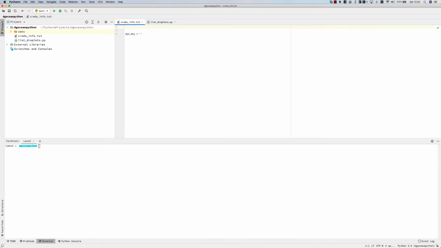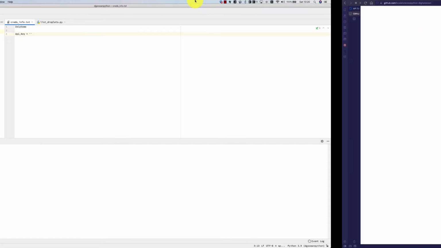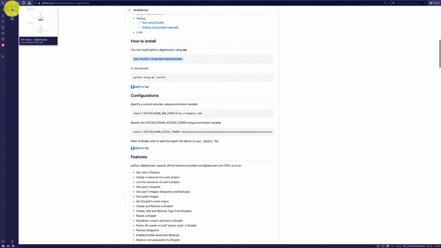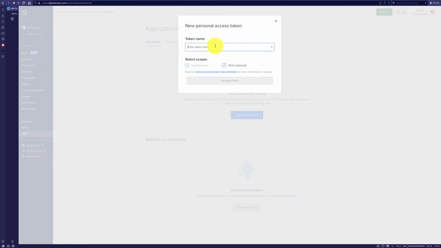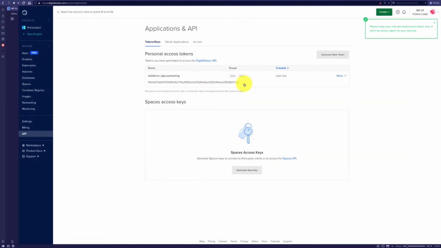So we'll first generate the API key before starting to write the script. So we'll go to DigitalOcean. Under the API section, we can give any arbitrary name and copy the generated API key. So it has both read and write. So once we copy it,